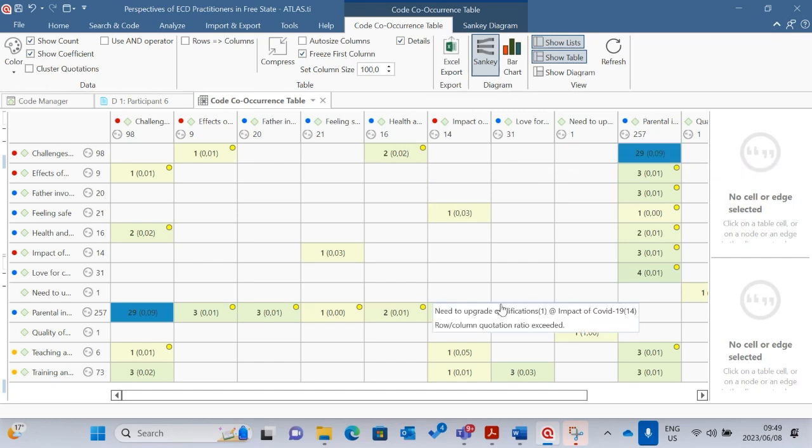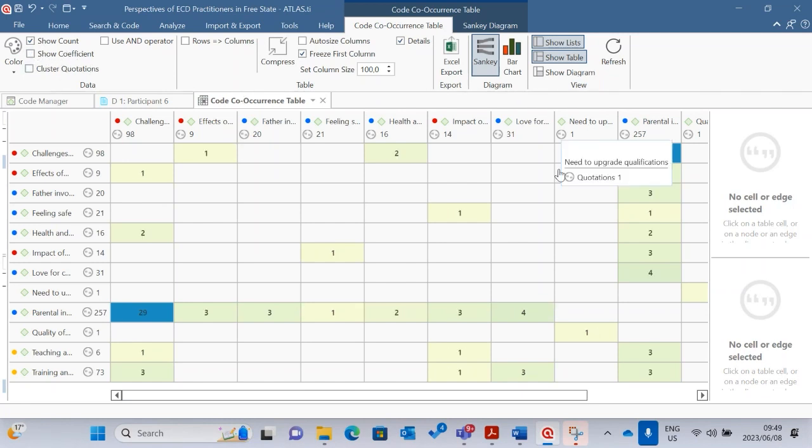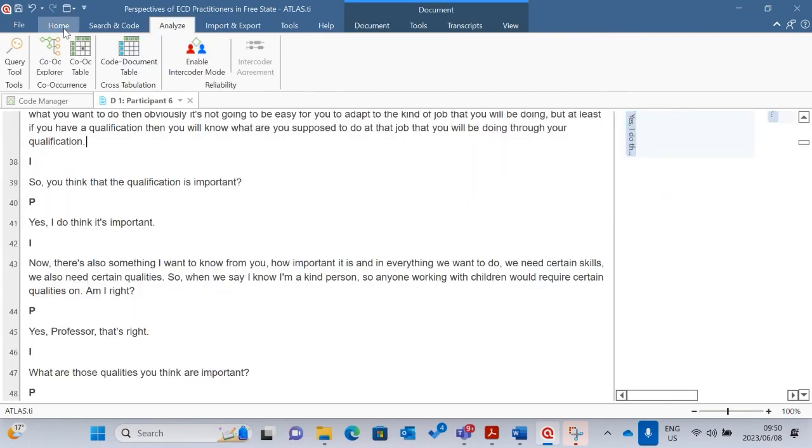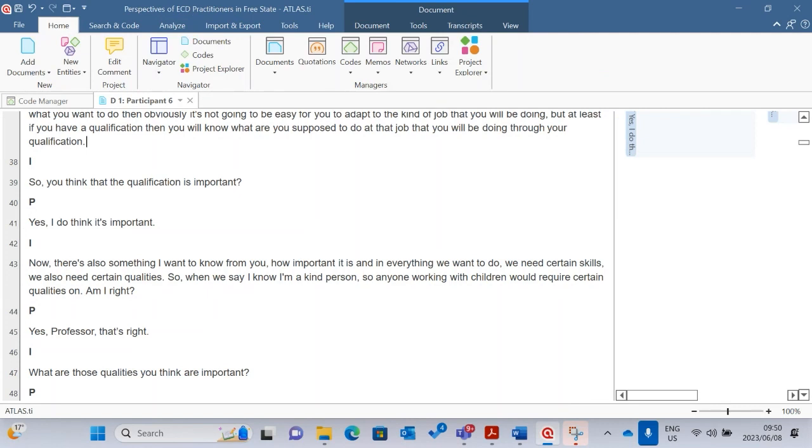But it's not something we really do with qualitative research. But as Prof. Ngulube explained, in Atlas.ti you can do some kind of mixed methods analysis, and that's where this would come in. You see this show of coefficients. So let's remove that. Okay, now I'm going to close this code co-occurrence table so that I move probably to the last